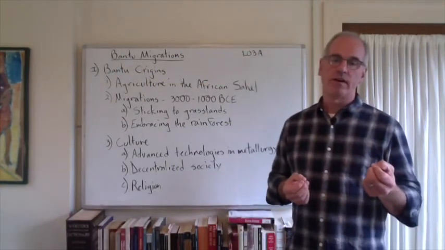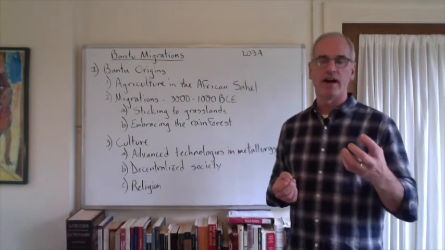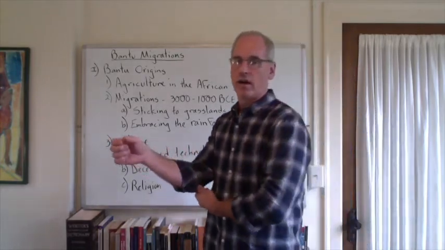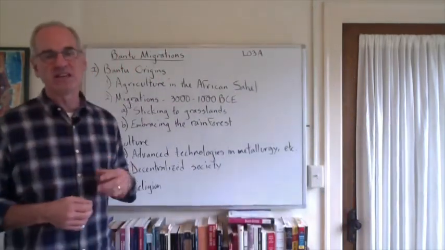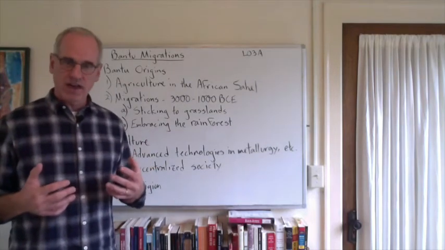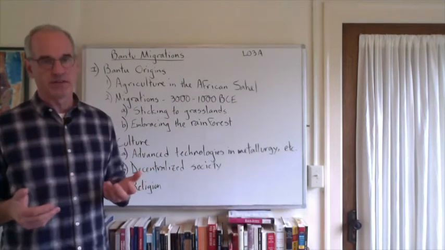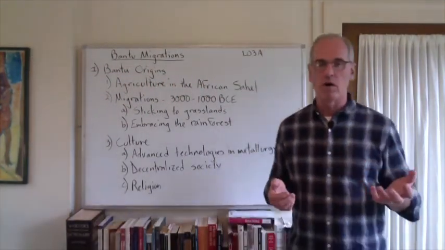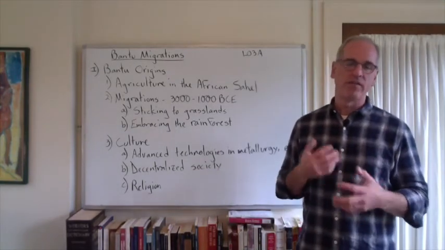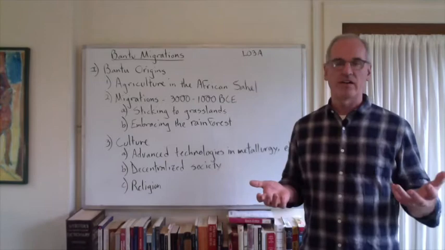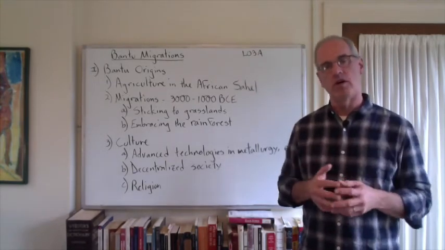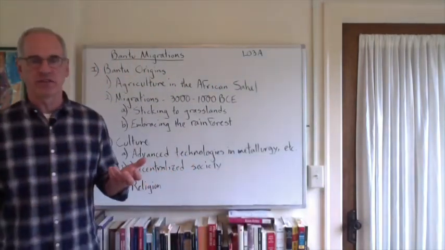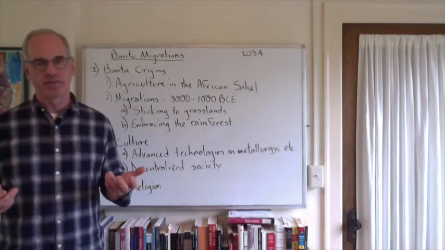But they did not develop the sorts of centralized governments and cities that you see in Mesopotamia or, as we'll see, in China or India or Egypt. Instead, they remained a fairly decentralized society. What that meant was that each village or small region was sort of self-governing, and they had village elders who acted as the government and often acted as priests or shaman also. And each village was basically just self-sufficient and self-governing.